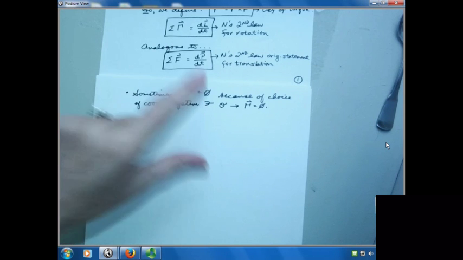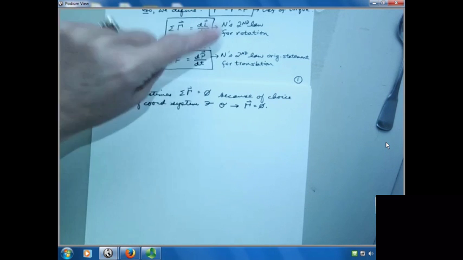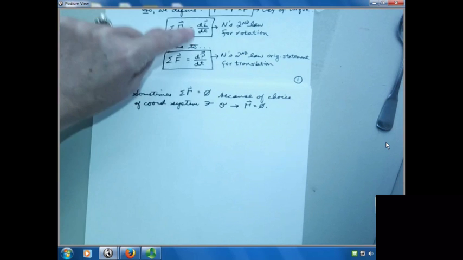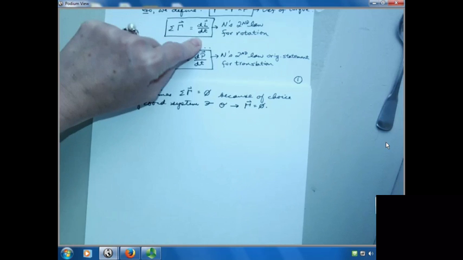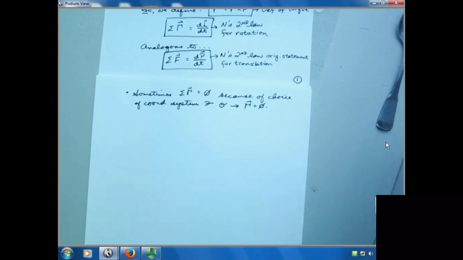And in that case, relative to that coordinate system, you'll have the net torque is zero, and therefore, again relative just to that coordinate system and that origin, the time rate of change of the angular momentum relative to that origin will also be zero. And that will lead to a conservation. All right, so